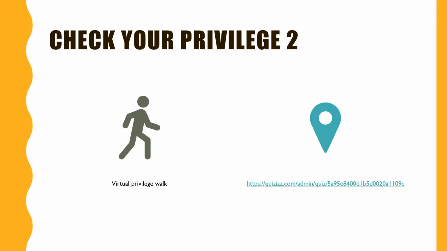The other way to check your privilege is to do the virtual privilege walk. Now, a privilege walk is usually when you line people up and you ask certain questions of them. If they answer yes, they take a step forward, and if they answer no, they take a step back. So one of the questions in this privilege walk is, did your parents go to university? If you answer yes, you take a step forward and you are pretty much favoured by society. If you answer no, you take a step back, which means it's going to be harder for you to progress